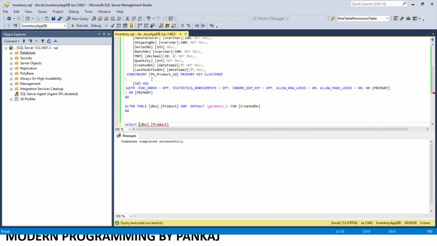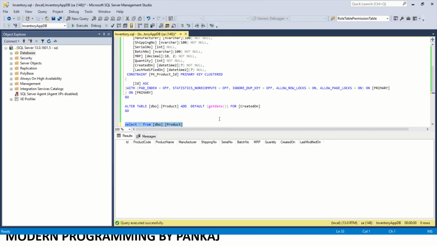I'll have these scripts available in the description section, so if you want to use them, you can. Otherwise you can just create the product table and execute. See, we have got nothing in this product table. So let's flip to Visual Studio.